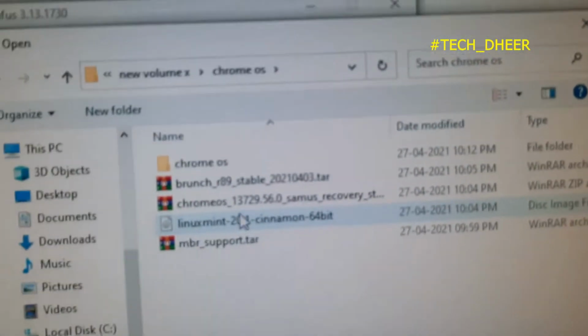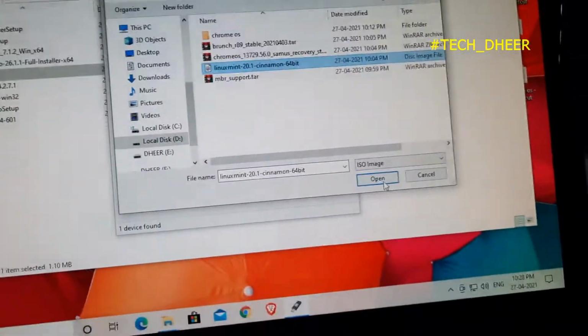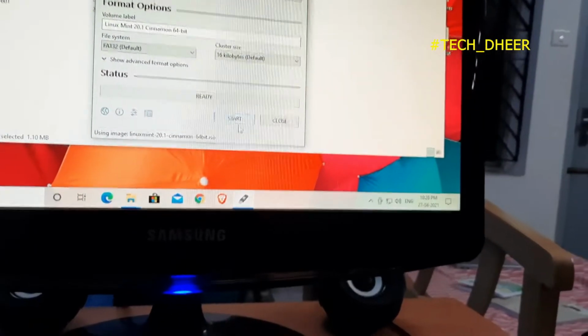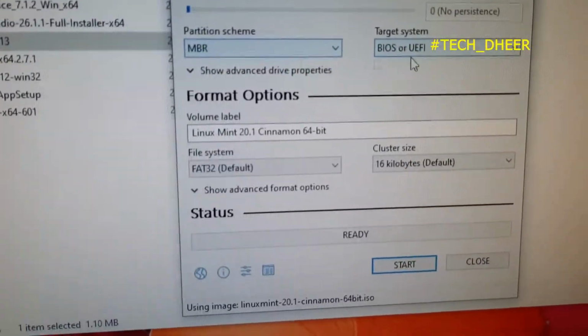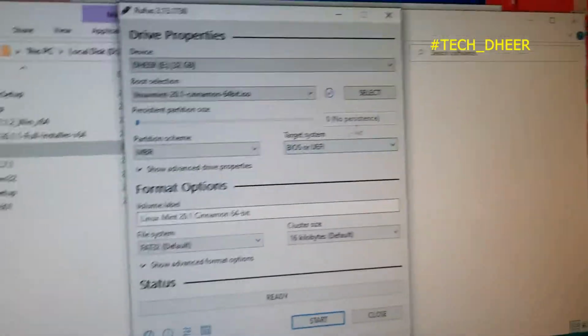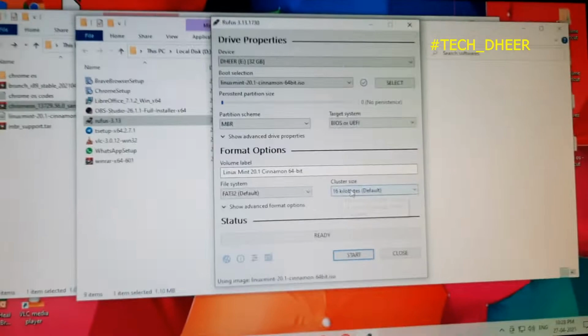Select the ISO file which you downloaded and open it. Now it will be ready. If you are on a legacy machine, leave this as MBR, and this should be BIOS or UEFI. Always make sure, or it won't boot.